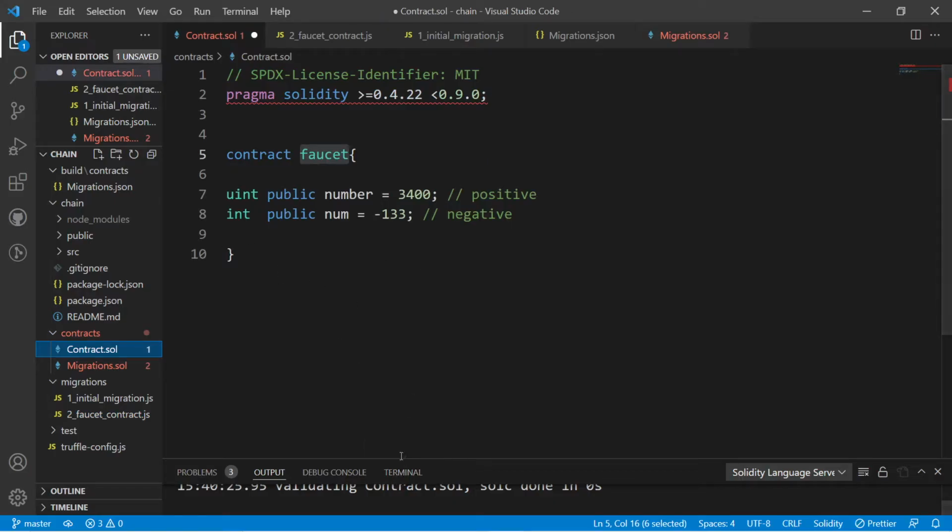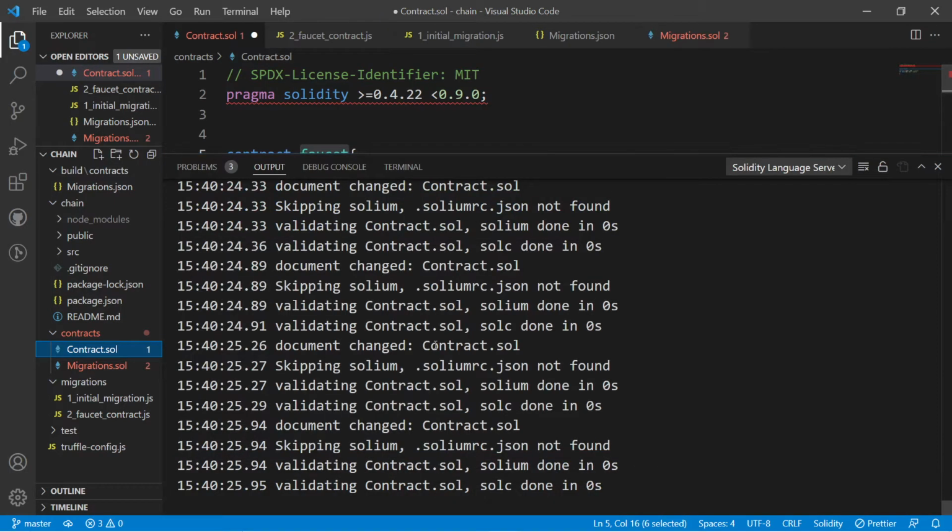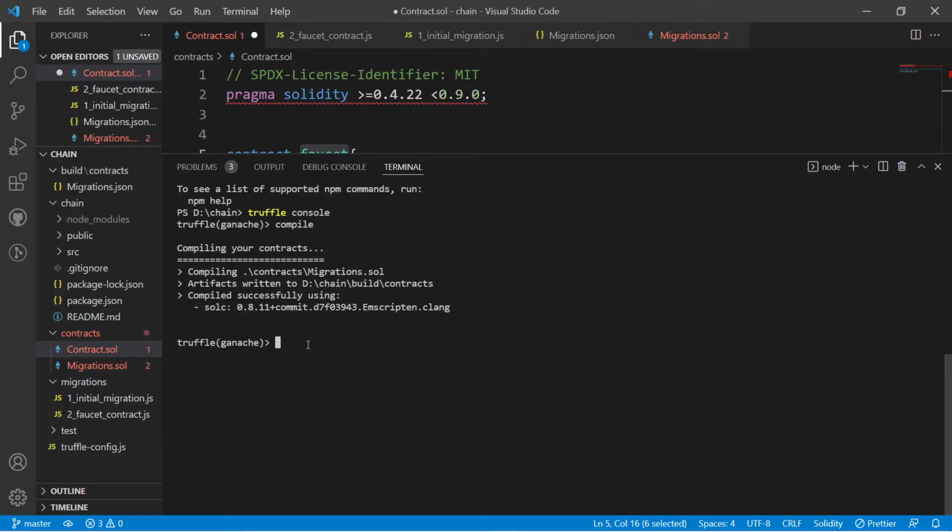Okay, now what we need to do, we just need to use the terminal this time, and let me compile. As you can see over here, a new file will come up when we compile the folder. As I've told you before, after compilation the bytecode will be generated.